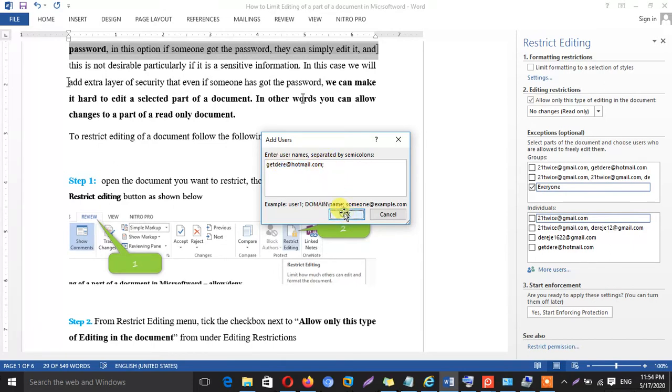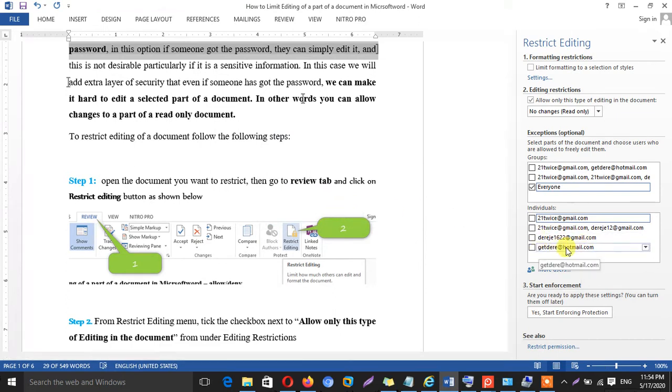Just click OK. Yeah, it's added here. Once you added here, so that it will be selected, you have to check here. But now, since I already selected everyone, no more choice is needed.